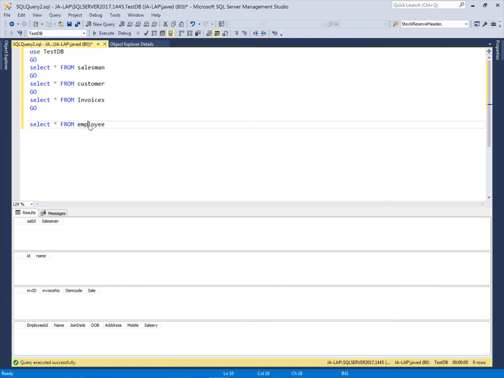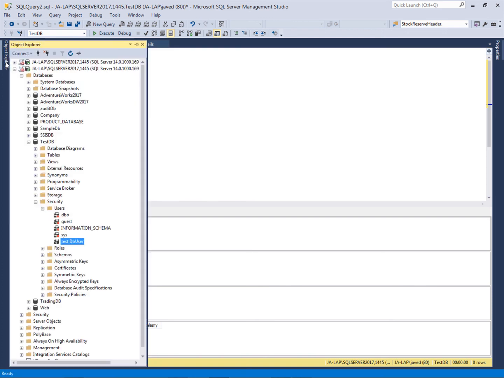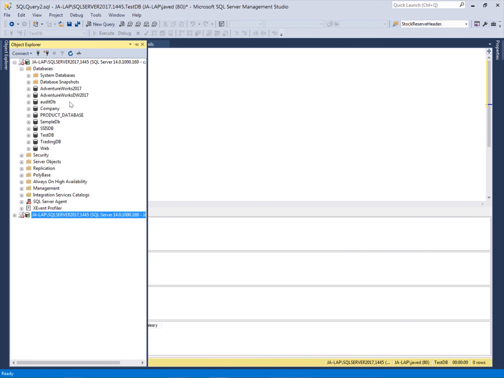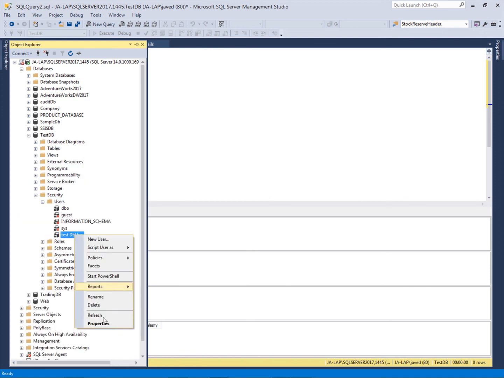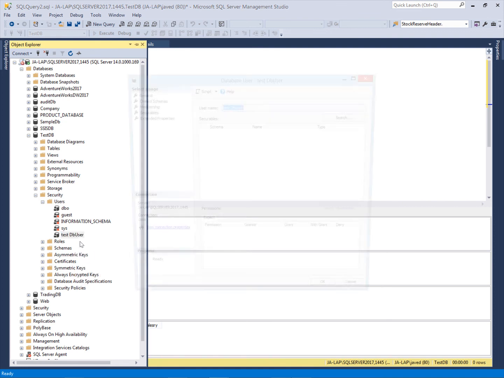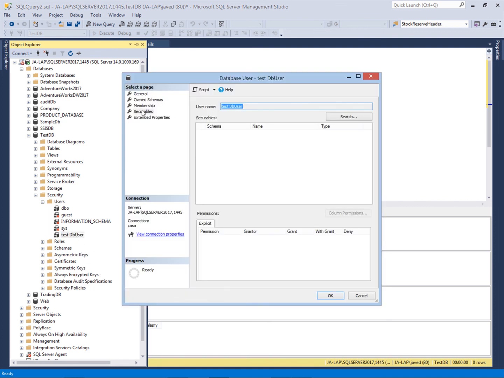I want to secure my employee table from this user. So I will log in with the administrator account, go into the TestDB database, and open the properties of the user I want to restrict. Here are some options, and I will use the Securables option.